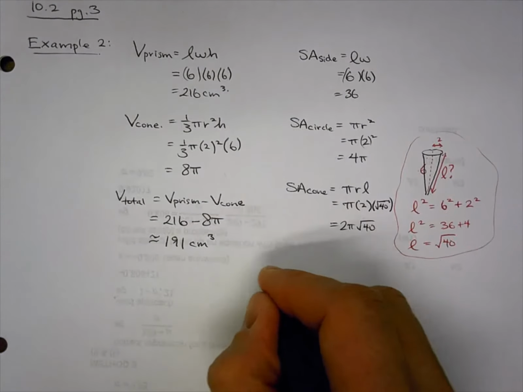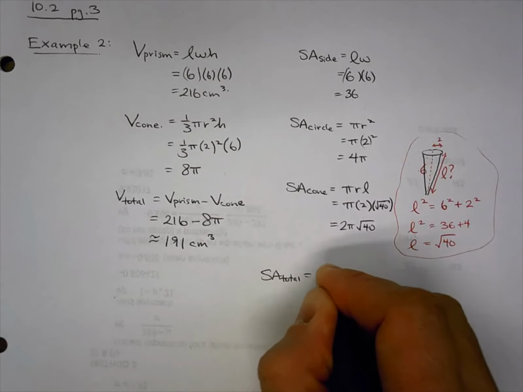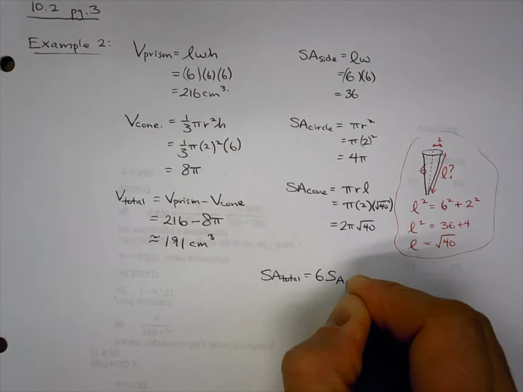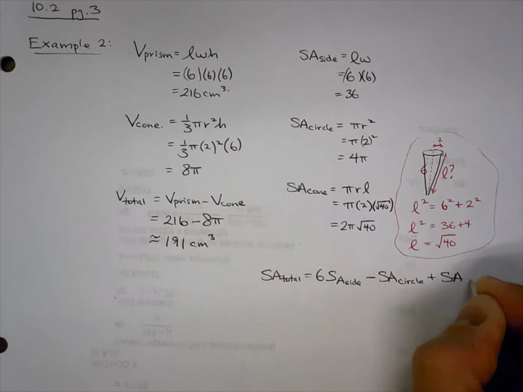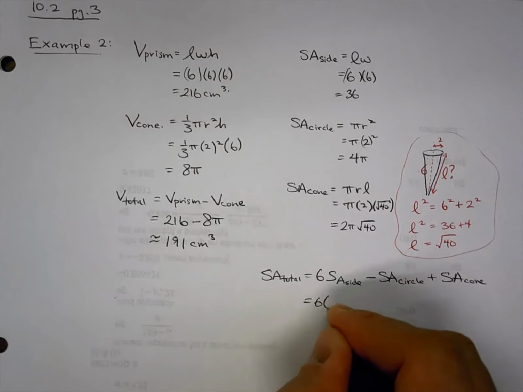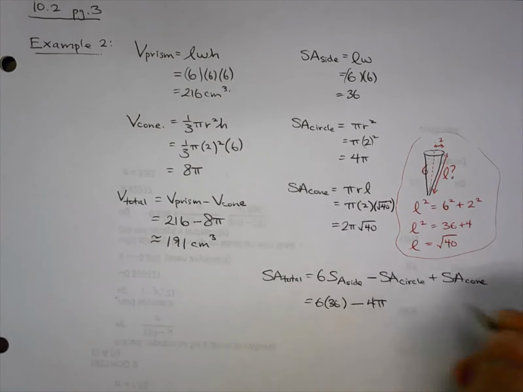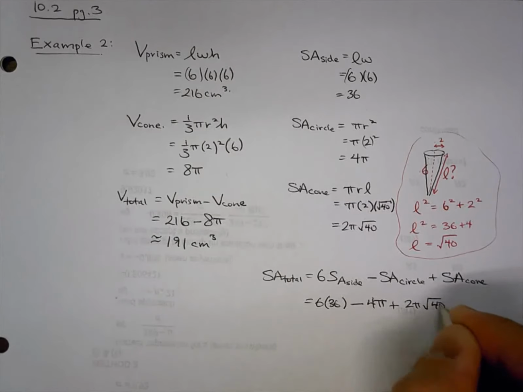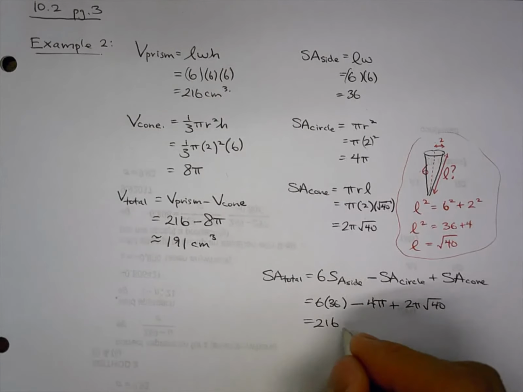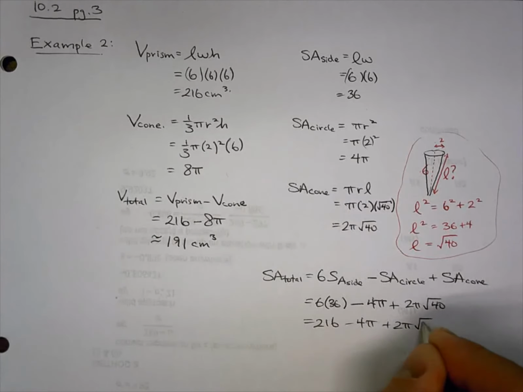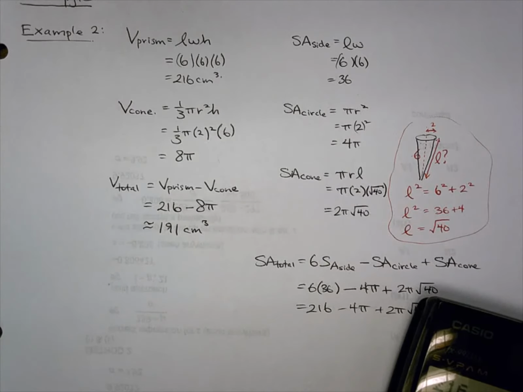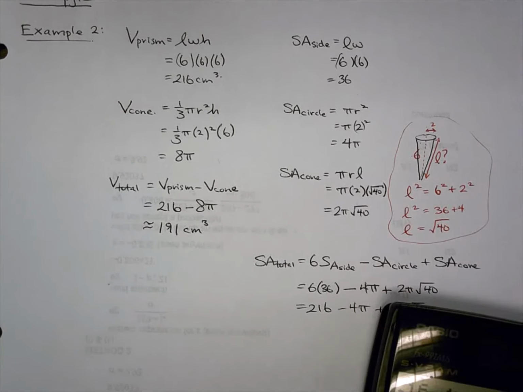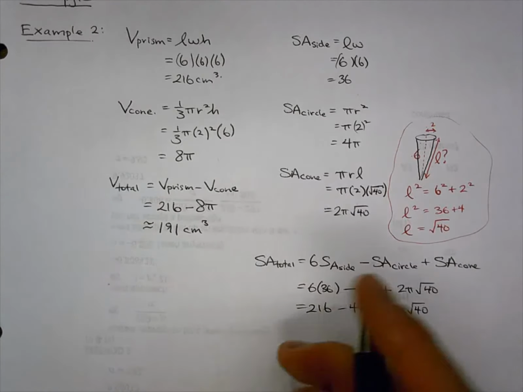So now if I want to find my total surface area, well, that would be 6 of the sides minus the surface area of the circle plus the surface area of the cone. So this gives me 6 times 36 minus 4 pi plus 2 pi root 40. This gives me 216 minus 4 pi plus 2 pi root 40. That's getting a little messy there. Let's try to use the calculator to clean that up. So I get 216 minus 4 times pi plus 2 times pi times root 40. And my answer is 243